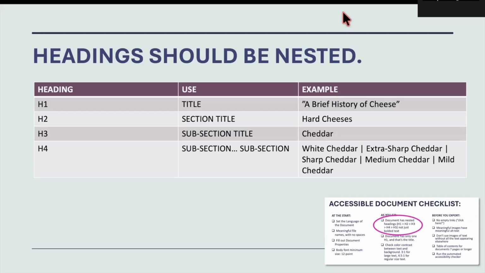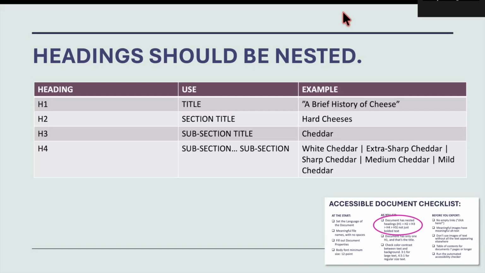Now, you don't want to jump straight from hard cheeses to a section about white cheddar in particular. You want to break up your hard cheeses into different sections. So, right now we might be in the cheddar section. Tomorrow we could be in the Parmesan section. But right now we're in cheddar, and that's where you would file white cheddar and extra sharp cheddar and sharp cheddar.